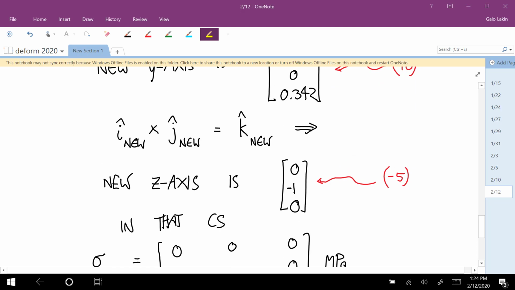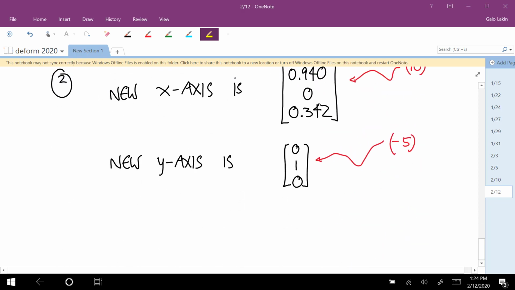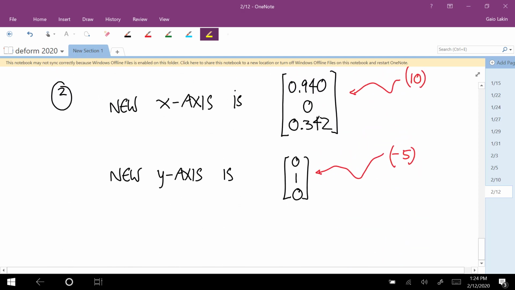You can pick them at random, or you can have some reason to pick them the way you do, or you can do them in order. A lot of people do them in order from the maximum eigenvalue to the minimum eigenvalue. But no matter how you choose to order them, you just have to choose a coordinate system that satisfies x cross y is equal to z. Okay. So that's the new y-axis, and now x cross y has to be equal to z. If you took that cross product, you'd get back your new z-axis,